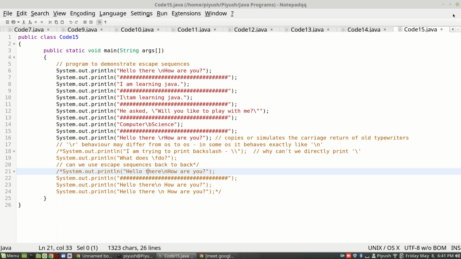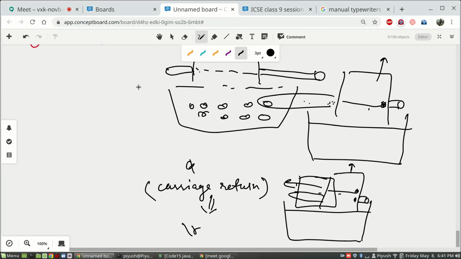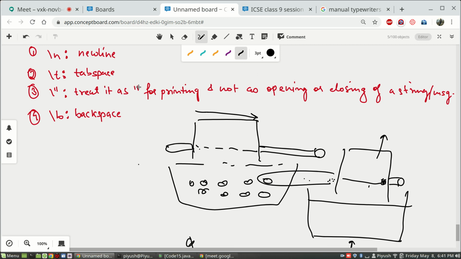Okay, now we have seen the fifth type, that is \r. Okay, so that is carriage return. Carriage return means return the carriage, or carriage was the pointer at which place you are printing in the line of the old typewriter. So return the carriage, or the pointer where you are printing currently, to the beginning. So that is why it is known as carriage return. So return that handle to the beginning of the line in the typewriters. So from there the name has come. Okay.